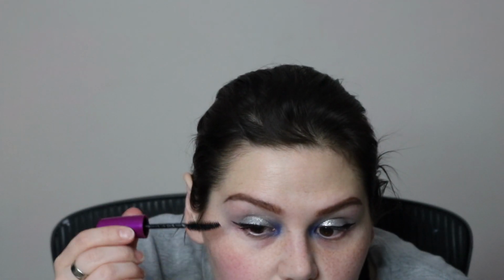Hello, lashes, they got curled in a funky way. Shoot. Okay, I messed that up. Okay, I did it again. It's one of the things I don't like about this mascara, the wand is really odd. I have to be really gentle with this wand. It's really flexible and it combs through the lashes alright, but if I really work it into my lashes,